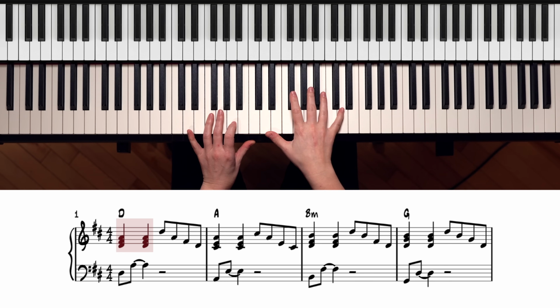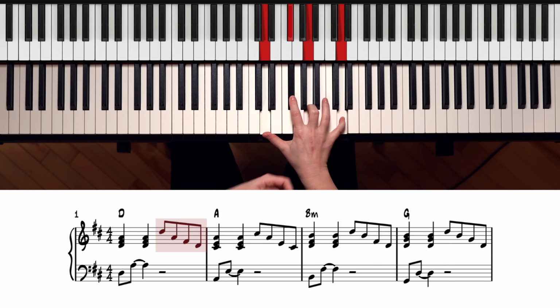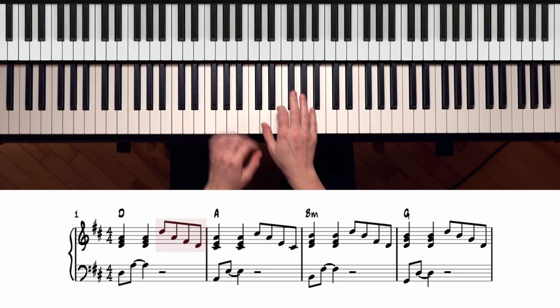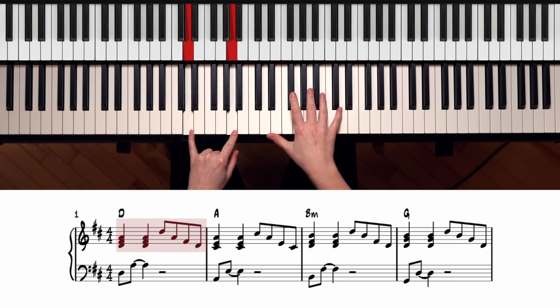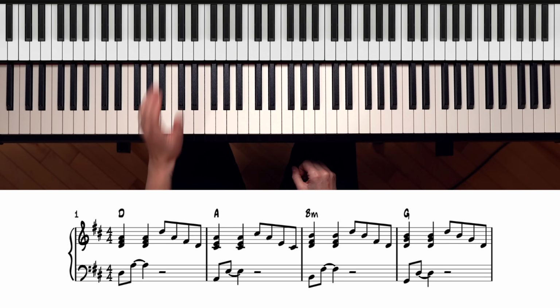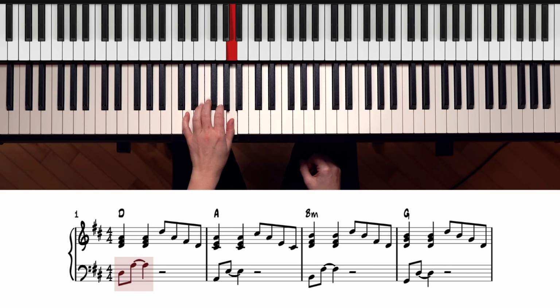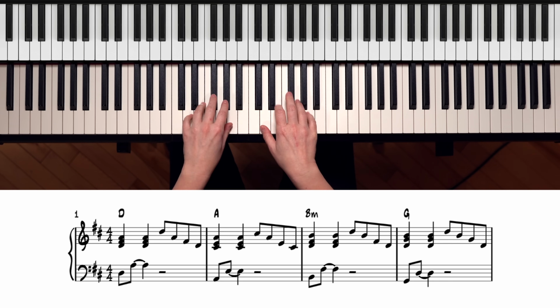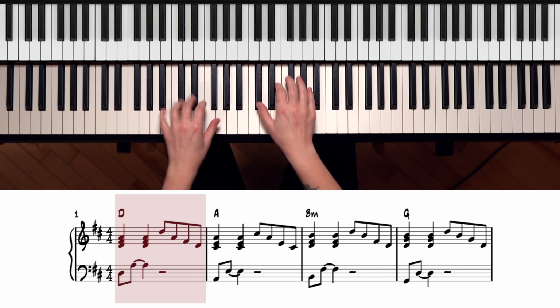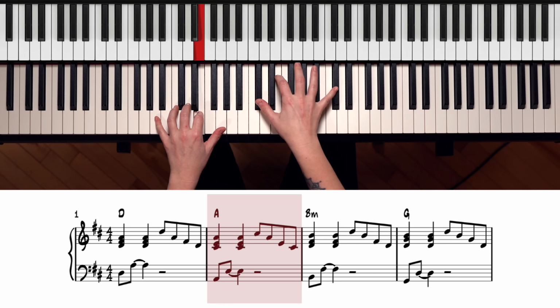What's happening here is we have 2 quarter notes, and then we have this arpeggio of the chord we are actually playing right here. So it's just an octave higher right here, and we have D, A, F sharp, and D. So it's the triad chord, the arpeggio in 8th notes, just like this. And this is what we're going to be using. On the left, play the 1 and the 5 again in 8th notes, like this. So we have 1 and 2, the arpeggio, then move on to A, 1 and 2, and this arpeggio,